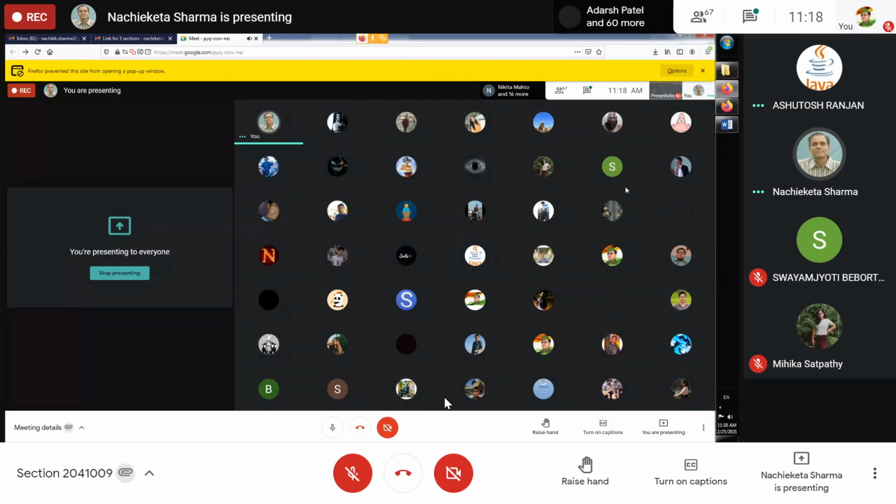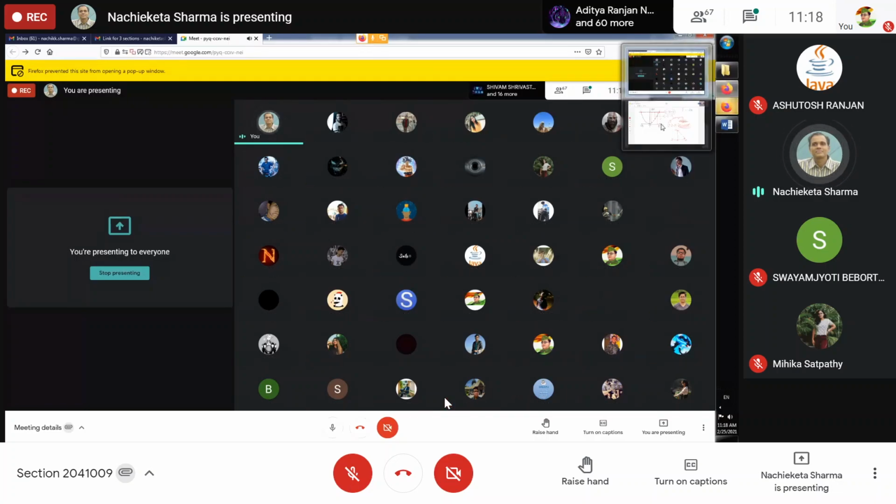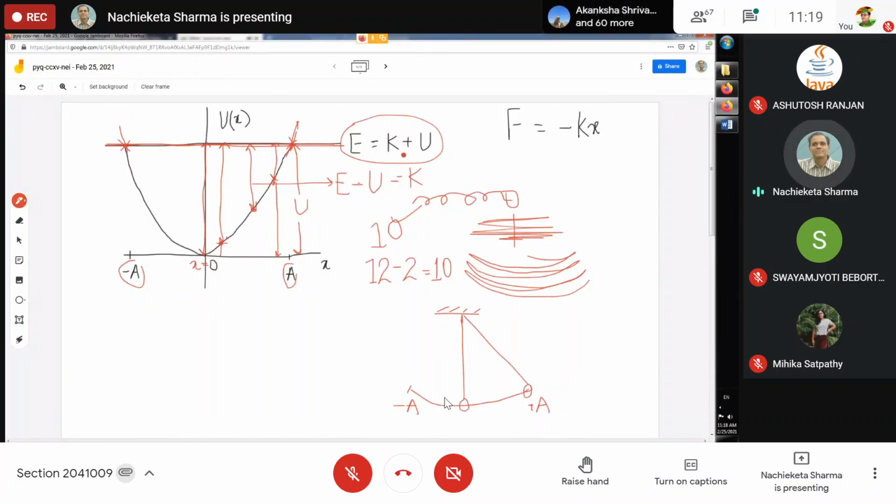So what is the problem? The kinetic energy cannot be negative, sir. Yes, that is very important. The kinetic energy cannot be negative, because the minus 2 that I am adding is not possible, because kinetic energy has a square term, half m v square. So how can I get a negative value for a square term? And that has to be real also. I am not dealing with any complex or imaginary quantities. So if this exceeds, then the kinetic energy is going to be negative. Or if I want to stick to a positive kinetic energy, then the law of conservation of energy will be violated. So in both cases, this is not possible.